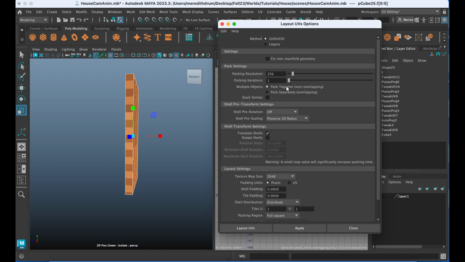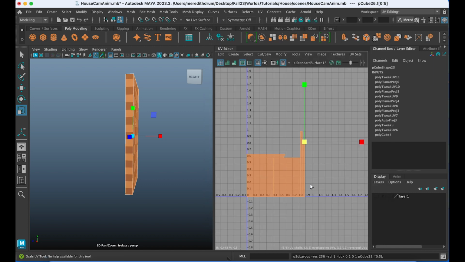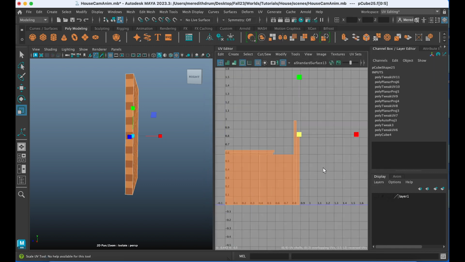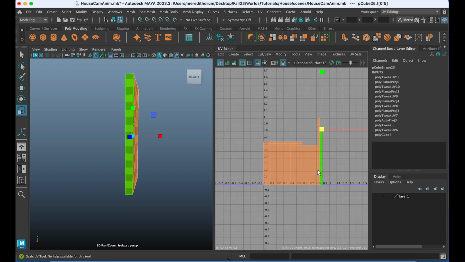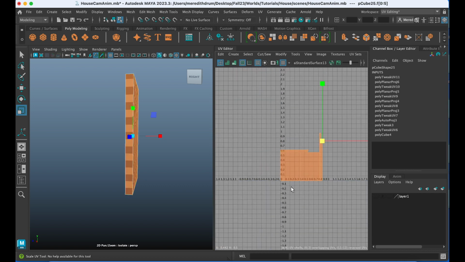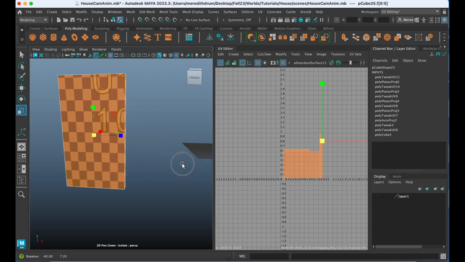You can see here that we're packing them, but we don't want them to overlap. Let's go ahead and lay out the UVs. And that looks pretty good, but just notice that it's pretty close to the line here. It's a little hard to see, but this is an area where we want to work within. You see how it starts with 0, goes up to 1. We want to work within that grid, same here. So let's just scale it all in evenly, just a bit. Okay, there we go. And so the door looks okay.